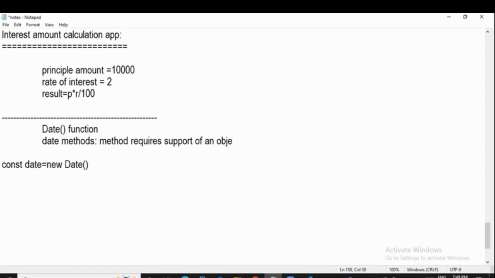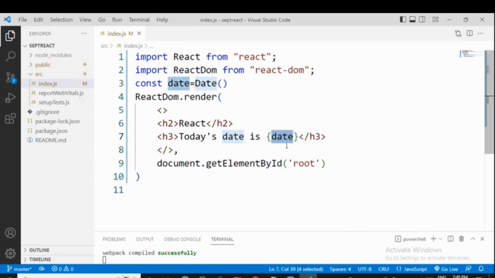Whereas a function can execute on its own. That's what we did, right? When we called the function here directly, it was executing without any support of any object or anything. Is it clear? So that is the difference between